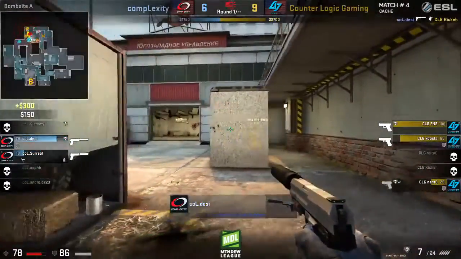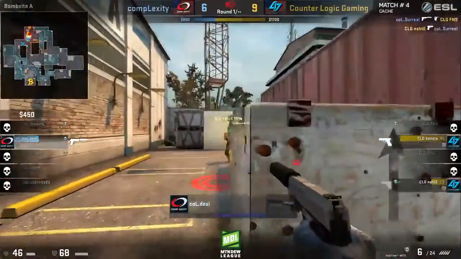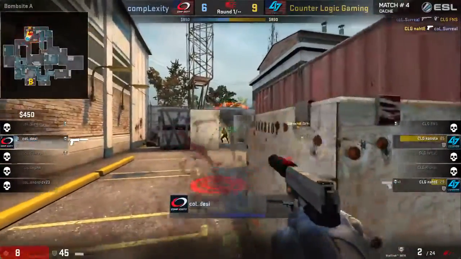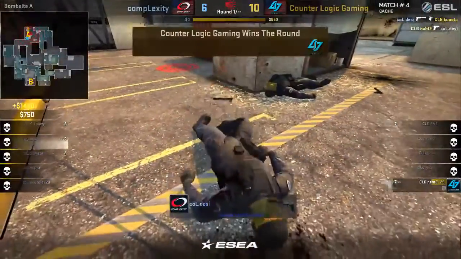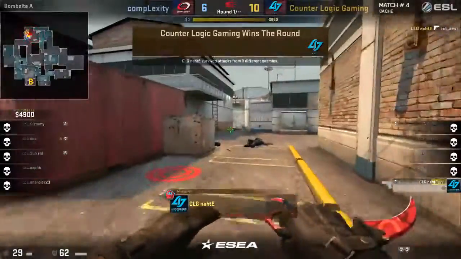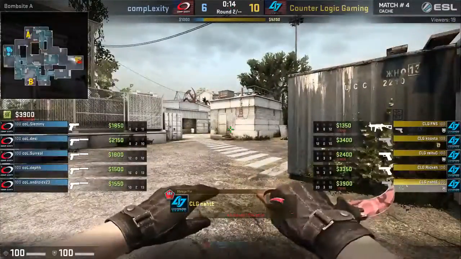Nice shots from Desi, hunting for FNS's head as well, but now he's been surrounded. Thankfully, Surreal bails Desi out a bit there. He's able to pick up one more kill, and unfortunately, Surreal's gone down, so it's just Desi left alive. They've restricted it to a 1v1 here. Desi's gonna have the 3K to close out, but it won't happen. It's Ethan with a 4K that brings CLG back into the fold with the lead here as they secure another